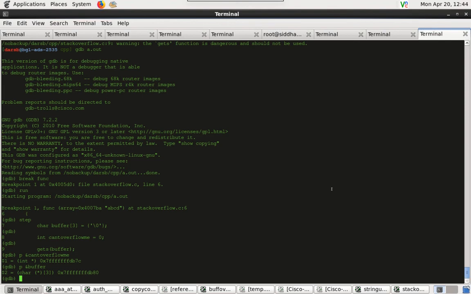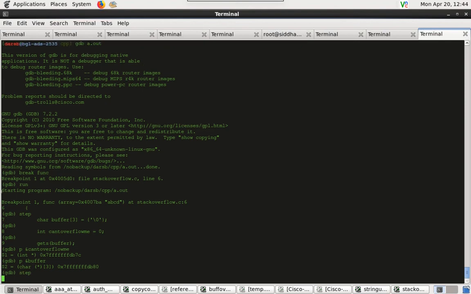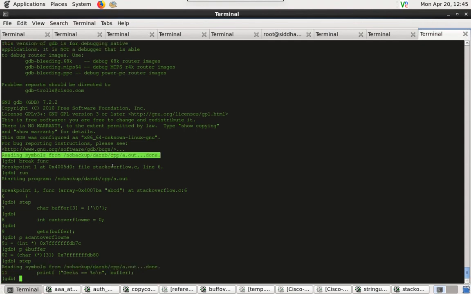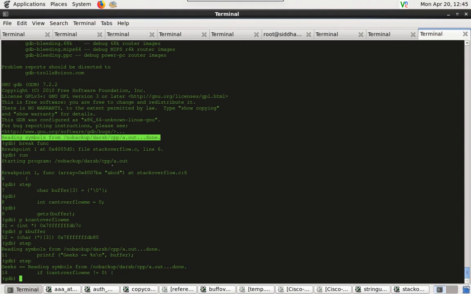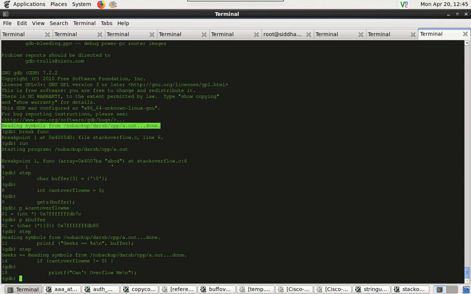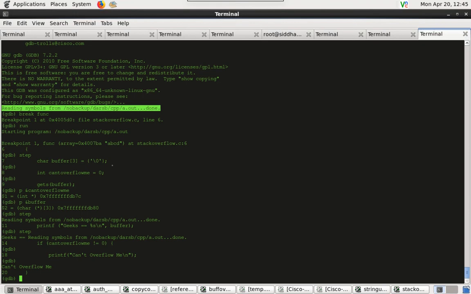So in this case, if you try the same thing of giving an invalid string, can't overflow me, that is the output, because the memory which was assigned to can't overflow me did not get overridden.